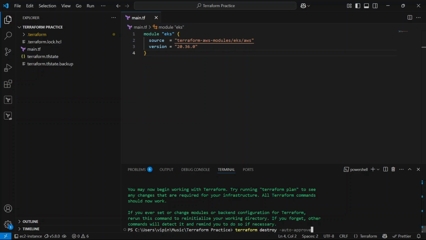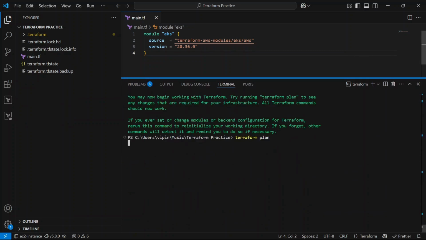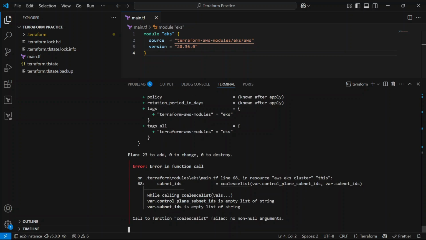So let's run terraform plan to see what resources this module is going to create. We'll get an error, and that's completely fine, because we expect that.